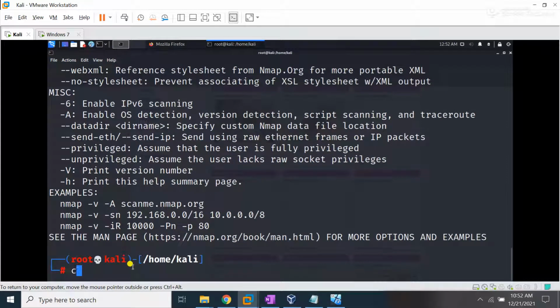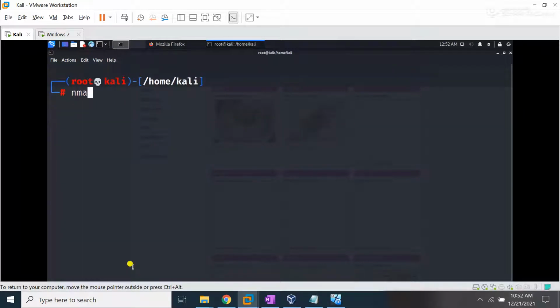Okay, if I type here nmap -p- and now my victim IP address, 192.168.18.25. Students, it means right now I'm going to scan all the ports of this target machine, and it will take a lot of time. When you scan all ports of any machine, obviously there are a lot of ports, so it will take a lot of time. Right now you can also specify, students, some port range.